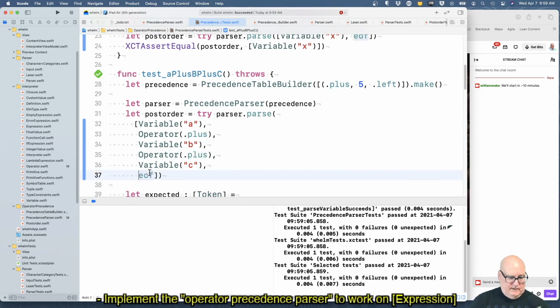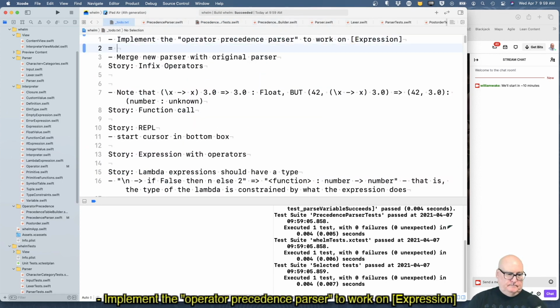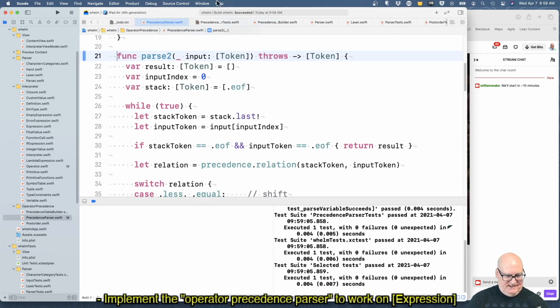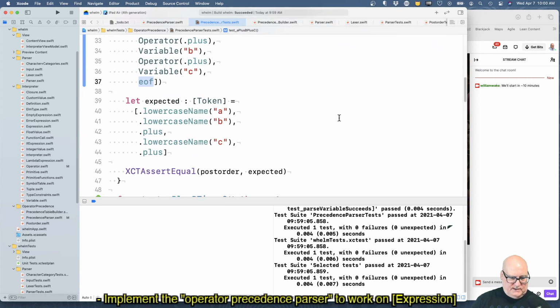End of file. We'll have to add that end of file, so let me add that to do. Hopefully that communicates it enough. All right. A plus B plus C, I think. That's okay still. We're working with the precedence level there.